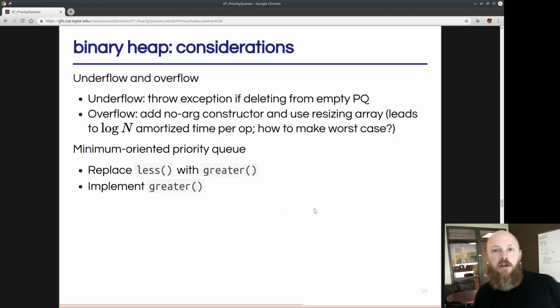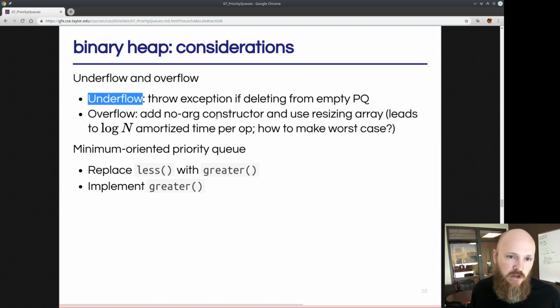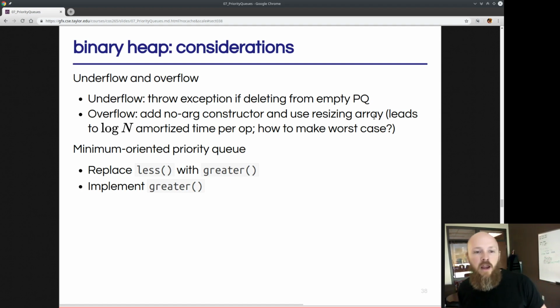Okay, some things to consider with the implementation. Underflow and overflow. So we want to throw an underflow exception if deleting the max or finding the max from an empty priority queue. We want to throw an overflow exception if the no argument constructor is implemented and we need to resize the array. This leads to log n amortized time per operation because similar to